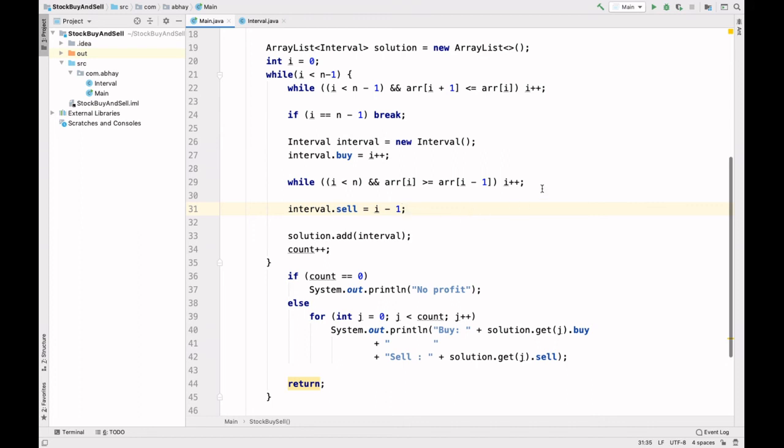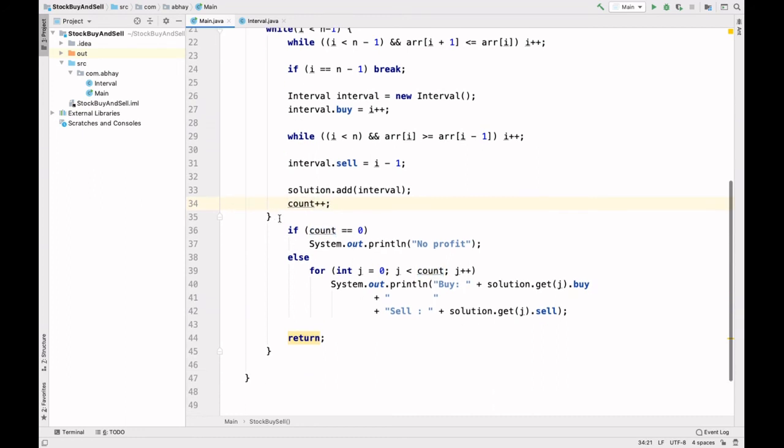Okay, so since we have found our local maxima, we will store that index also into the sell variable of interval. Okay, so we have found our first pair of buy and sell, and that pair will be stored in the interval array list. Then we will increment the count, because we have found our first pair.